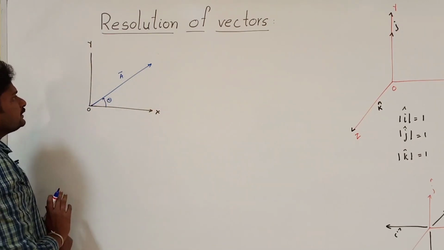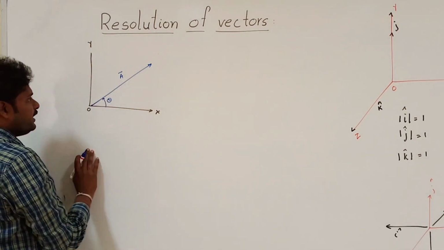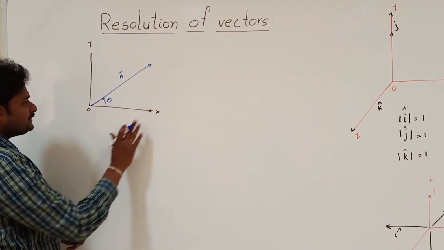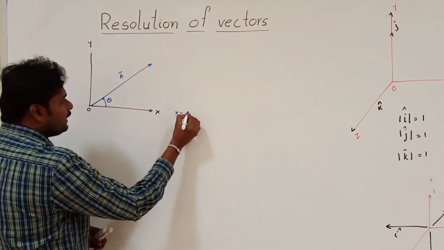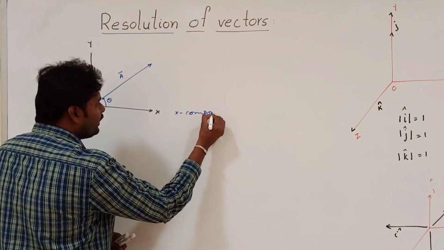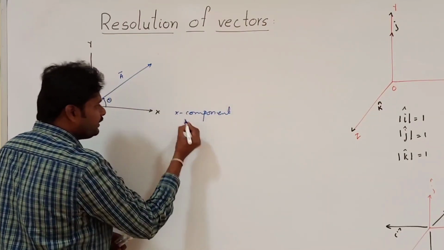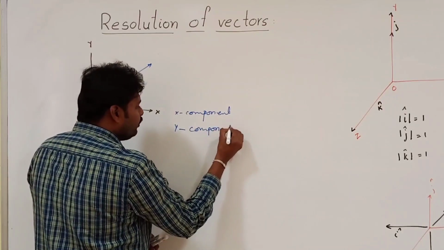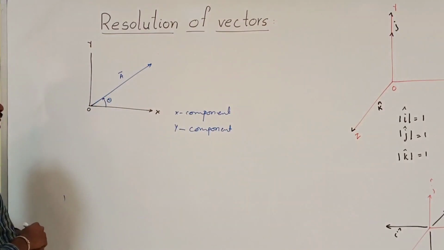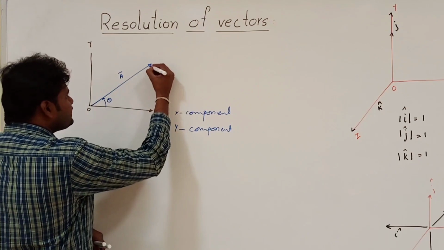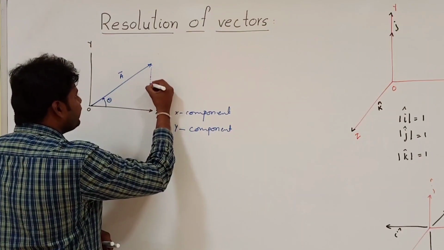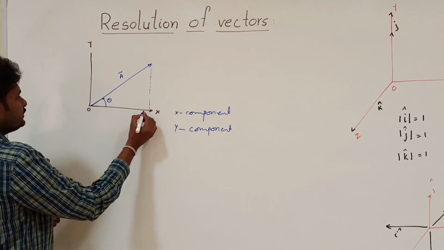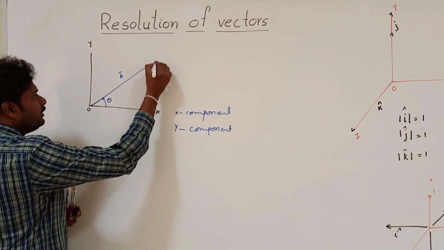Now, this is a vector A. I can see that there are two components, because the x component and y component have to be determined. How to write the x component and y component? You understand that I am simply making dotted lines. Think of this as OPQ.